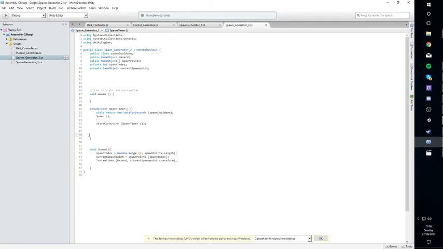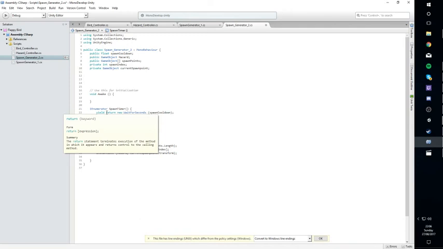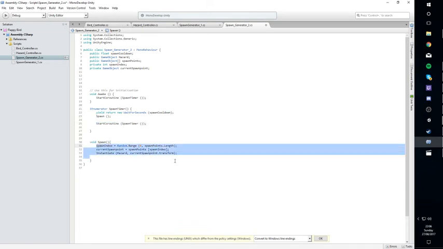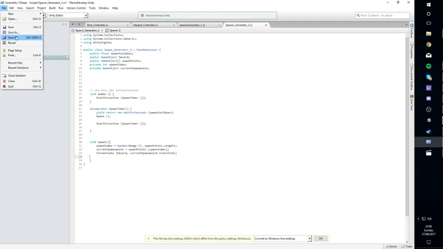The only thing we need to add now, as we can see, is that when it gets to the end of this, it does it all again, but we haven't got anything that starts it at the beginning. So it's never going to get started if we do this. So what I'm going to add is in the awake function, I'm going to copy this section here and paste it into there. So at the start, it'll kick this off. It'll never need to go back to here because as soon as it gets to this line, it does it all again. Obviously, the bulk of this script came in the spawn section here. So if I save all,